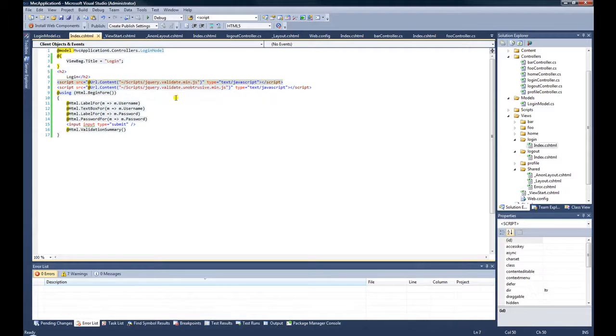One's called validate and one's called validate unobtrusive. The validate does the actual work of validating the data, and the unobtrusive makes it so that when you look at the view source, there's no inline JavaScript added to the HTML source. In the next line we have at using Html.BeginForm. This is